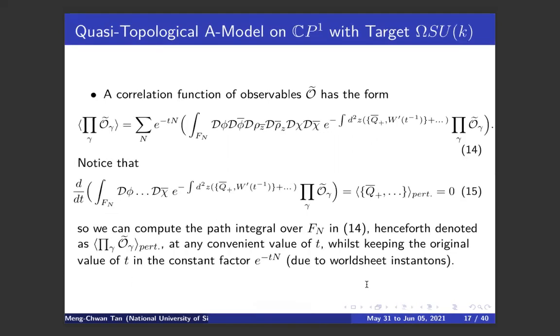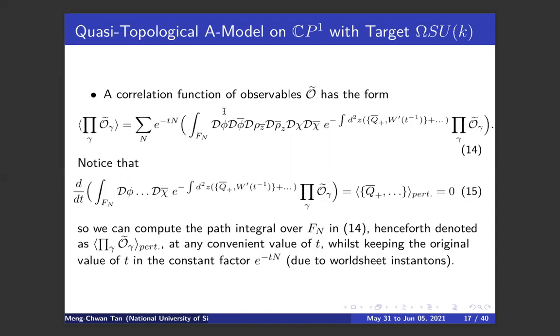So if you look at the correlation function of observables O, it has this form. If you put O inside, then you can write it as a path integral very explicitly. Notice that this part here, if you differentiate with respect to t, is actually 0. Why? There's a t dependence here, and when you bring it down, it's going to be a Q-exact term. There's no t dependence here because it's independent of the metric. Because these observables are also Q-closed, we can bring it all into a Q-exact operator. And then by supersymmetry, that expectation value is 0.